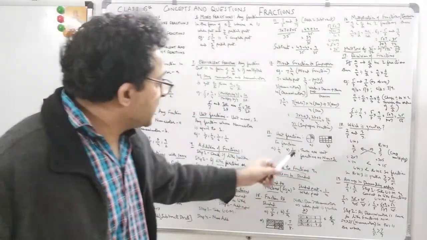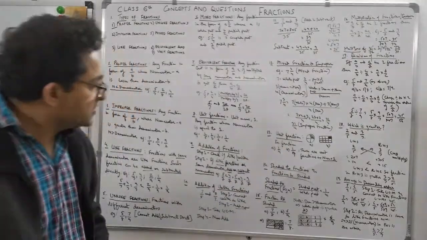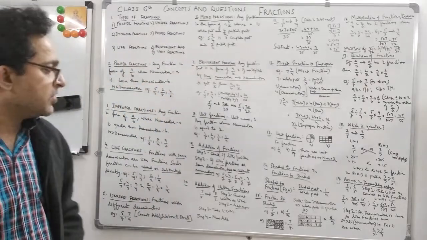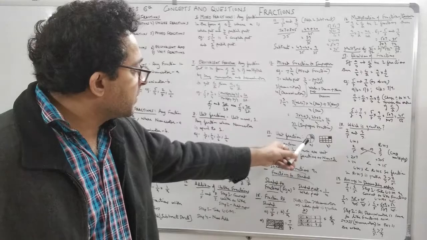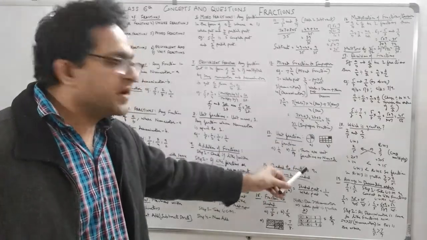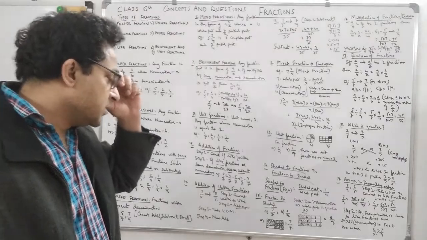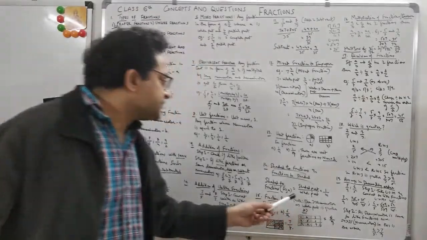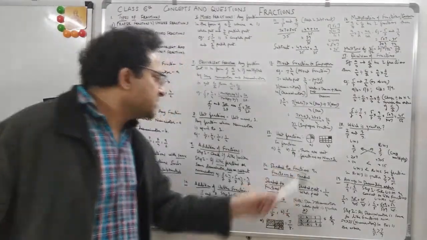Now this is a shade. This diagram will be given to you, and you have to tell the fraction. The formula is shaded part upon the whole part. Shaded part is 1, whole part is 4 parts. So always the whole part is greater than the shaded part, so the whole part will be the denominator. So it will be 1 upon 4, and 1 upon 4 is also a unit fraction. So 1 upon 4 is the answer.